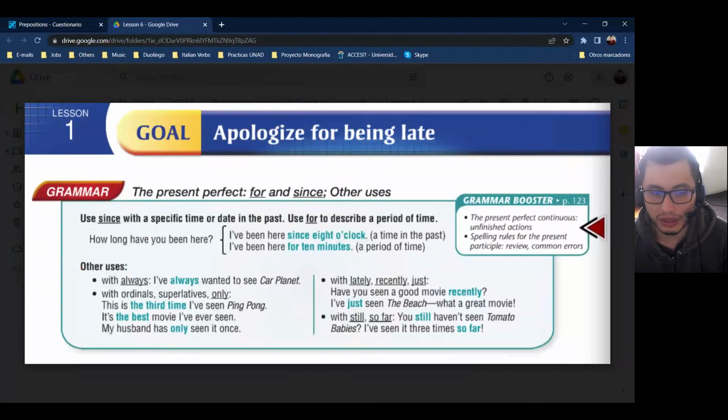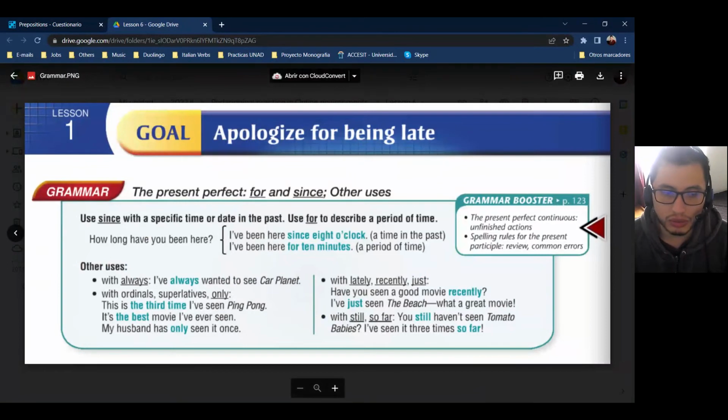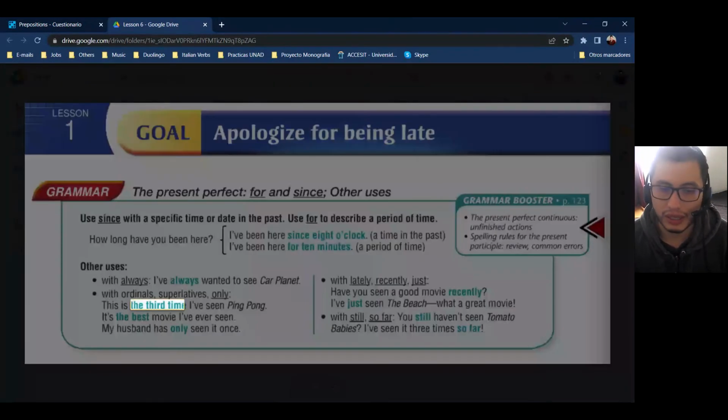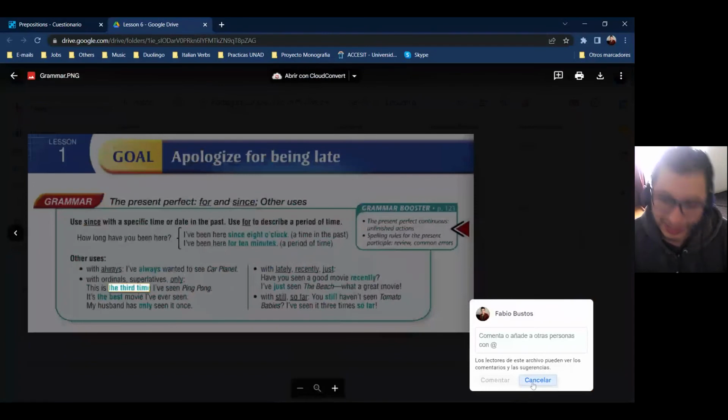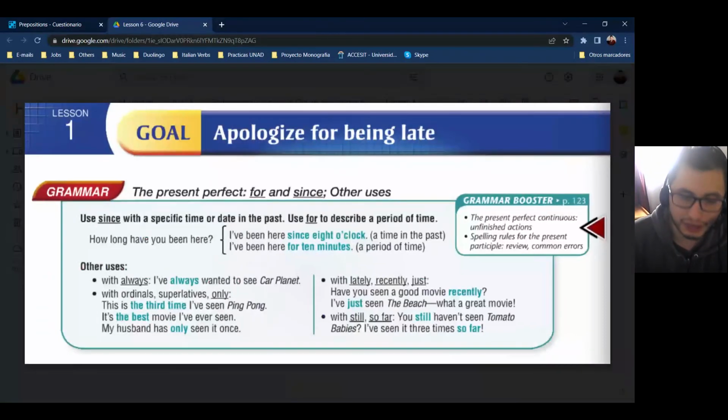Always represents an action that is frequent in your life. I've always wanted, I've always needed, I've always worked, I've always traveled. When we use always, you need to add it after the auxiliary, not between the subject and the auxiliary, no, after the auxiliary, okay? And of course, in most cases always is going to be used in the affirmative form, right? The third time, twice, once, 4 times is to represent exactly the number of times that you have